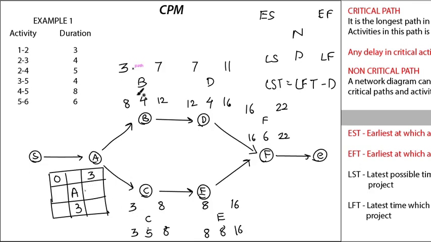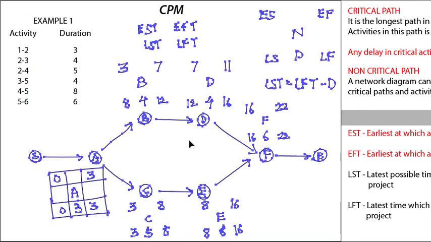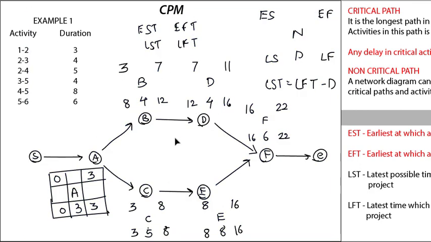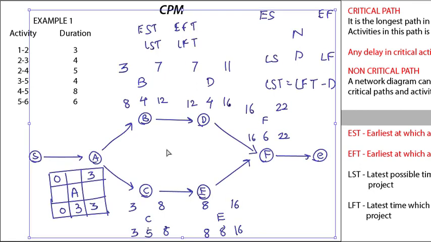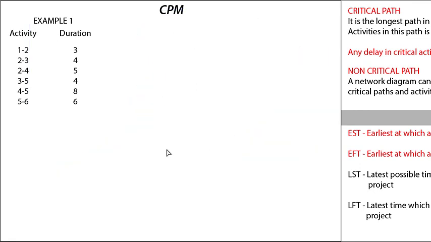And for this, we have to choose the smaller number, that is 3, and 3 minus 3 is 0. So this is how you calculate the early start time, early finish time, latest start time and latest finish time for activity on node. I generally prefer activity on arrow, but you can go for it. I hope you have noted it down. Try to practice it by yourself, then only you will get it.